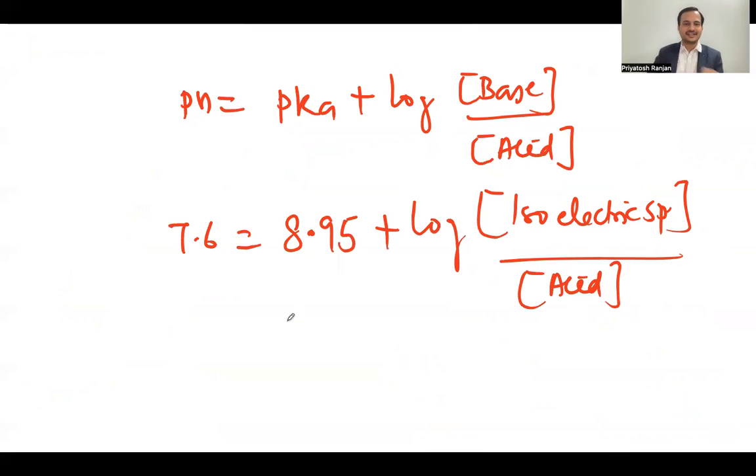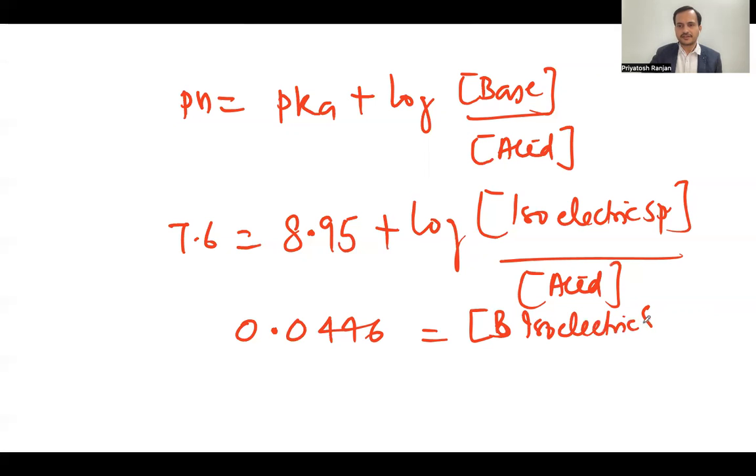That will make our calculations easier. So 7.6 minus 8.95, which is minus 1.35, and then I need to take the antilog, and the value you will get is 0.0446 equal to